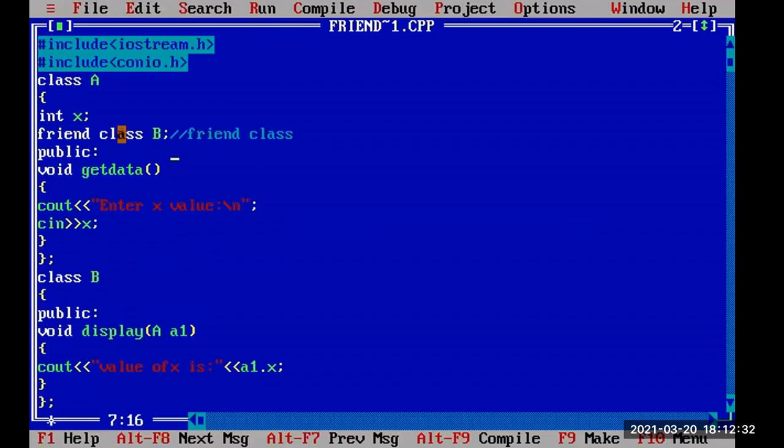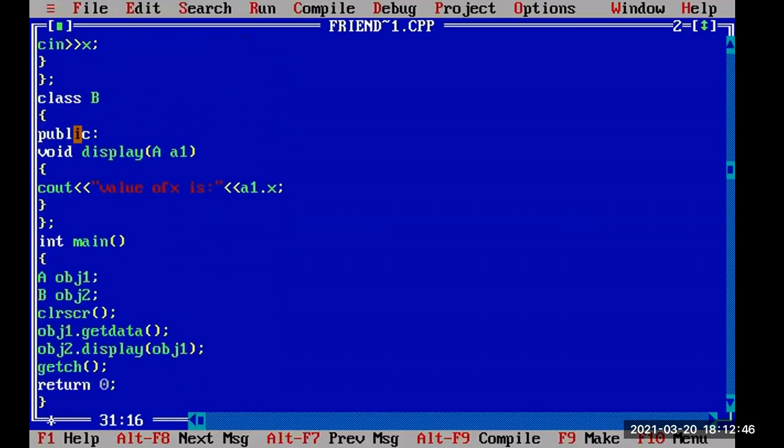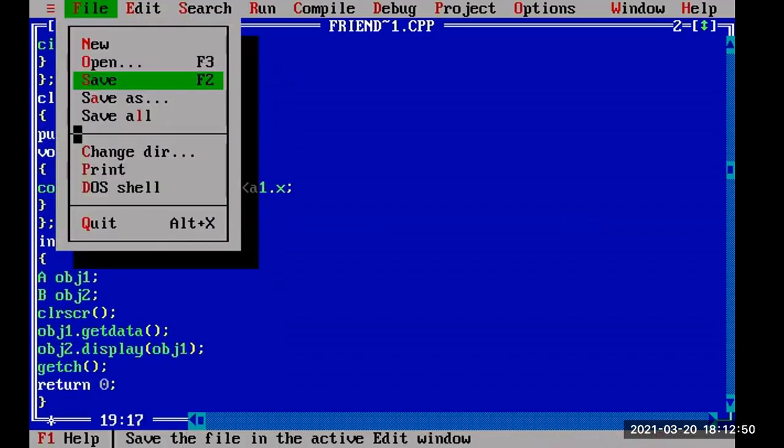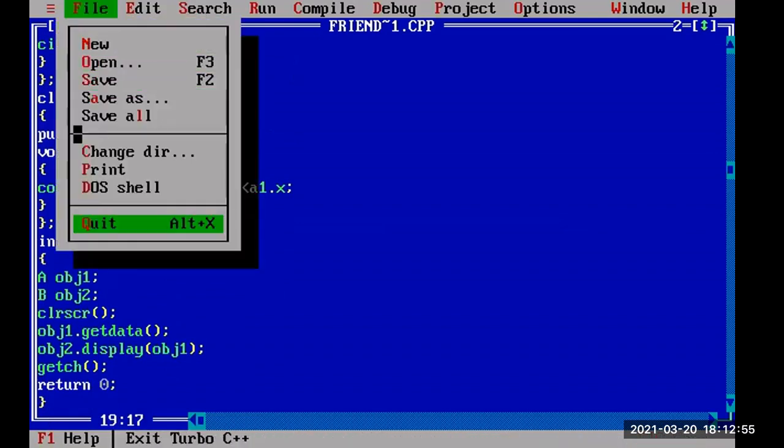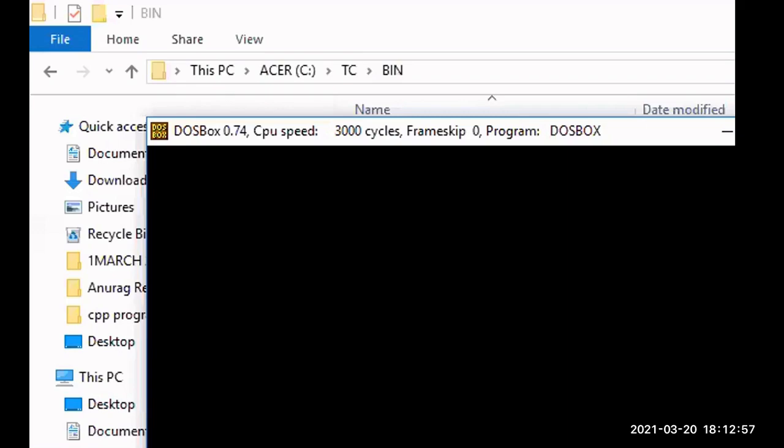So B is a class which is a friend to class A, so that B can access the private data X of A. What is the private data of class A? X. So that I am accessing in class B. That is possible through friend classes. Is that clear? All of you clear, right? Yes, sir. Okay then. Thank you all.